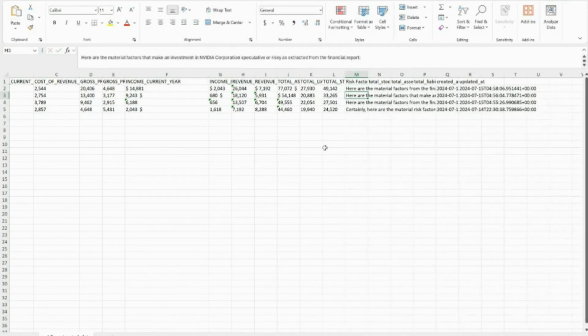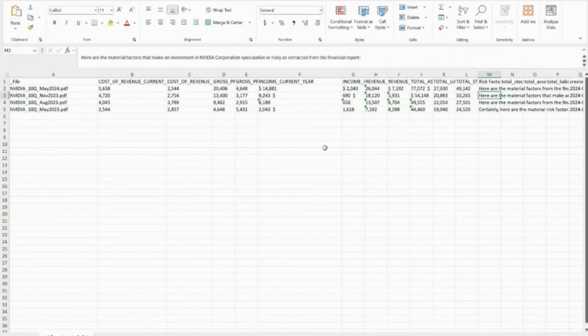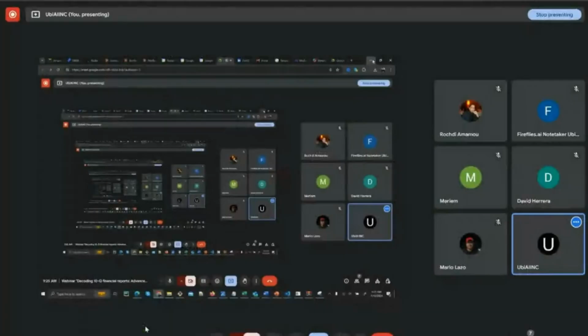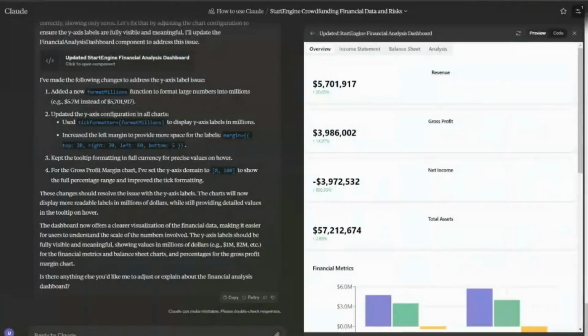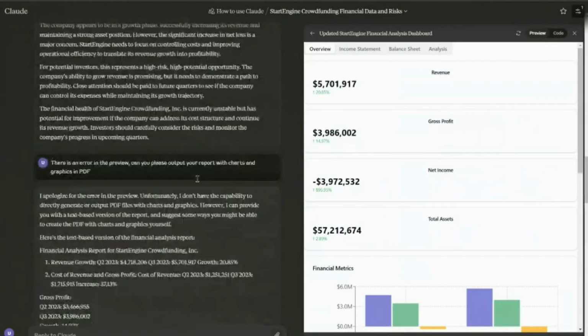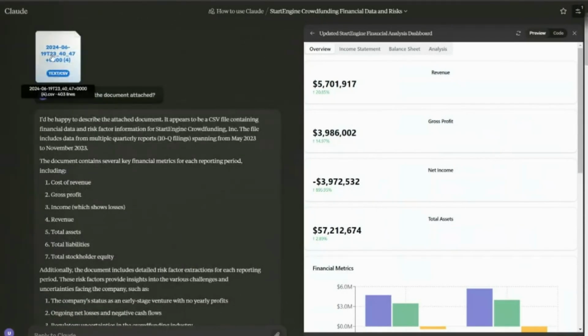All right. So now that we have the extracted data, we're going to feed this to Claude and try to extract meaningful insights from it. All we have to do is go back to Claude here. I think I already have it. All right. So here, all I did was give Claude that CSV file that I extracted from Kudra, which has all the structured information.